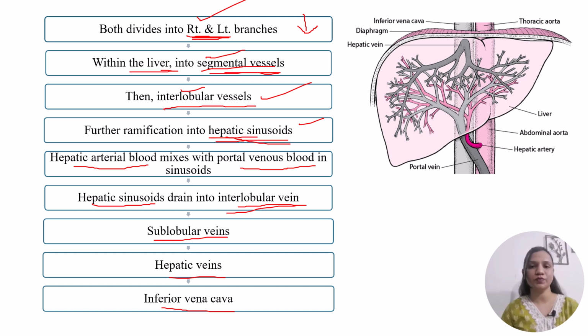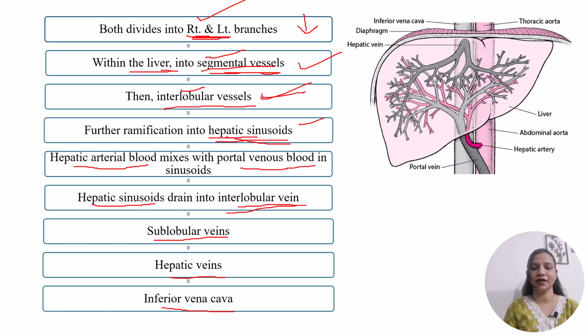And then both of these vessels first divide into right and left branches. They enter into the liver through the porta hepatis. They divide into the right and left branches, and then into the segmental vessels. Then the segmental vessels again divide to form the interlobular vessels, and then further division of these interlobular vessels will